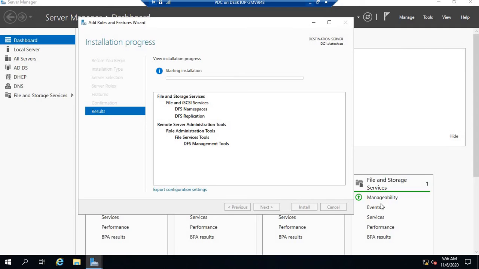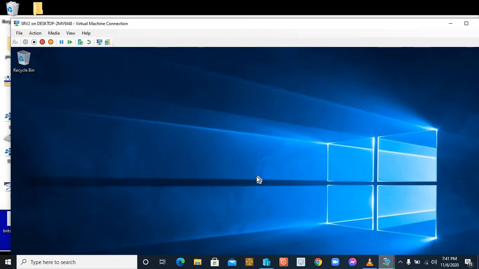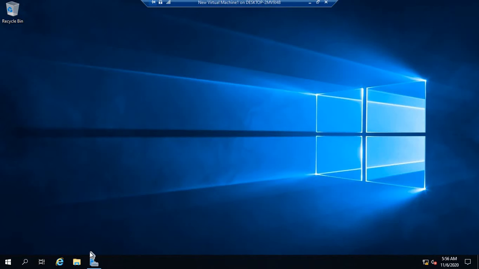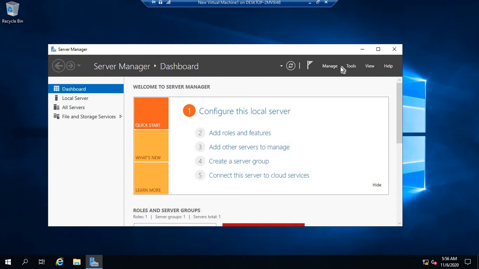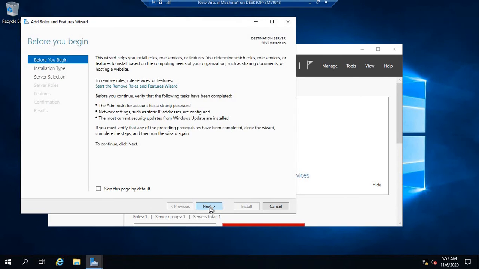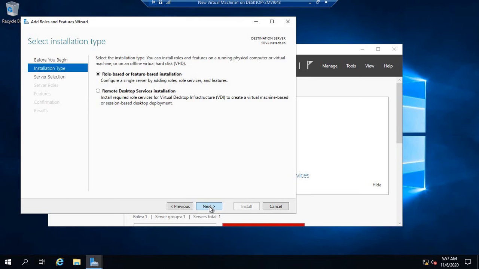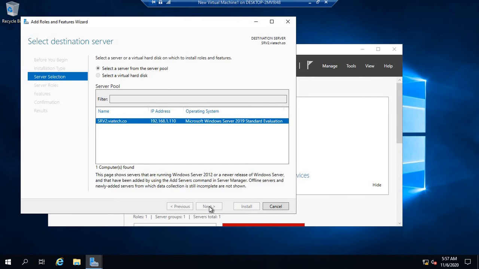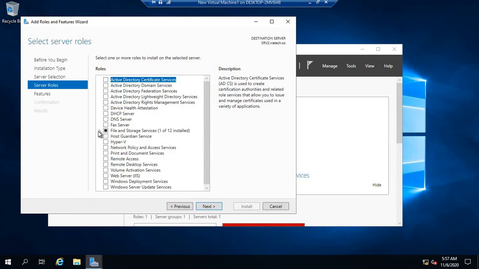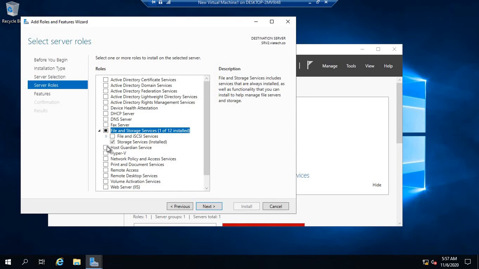Similarly, in the second server where I'm going to set up the failover, we need to install at least a role for the DFS. Over there only the replication will be installed, because the entire file management will be controlled by the primary domain controller, that means your main namespace server. That is our primary domain controller in our case. So over here, rather than installing both options of your DFS, I'm going to select only one option, that is your